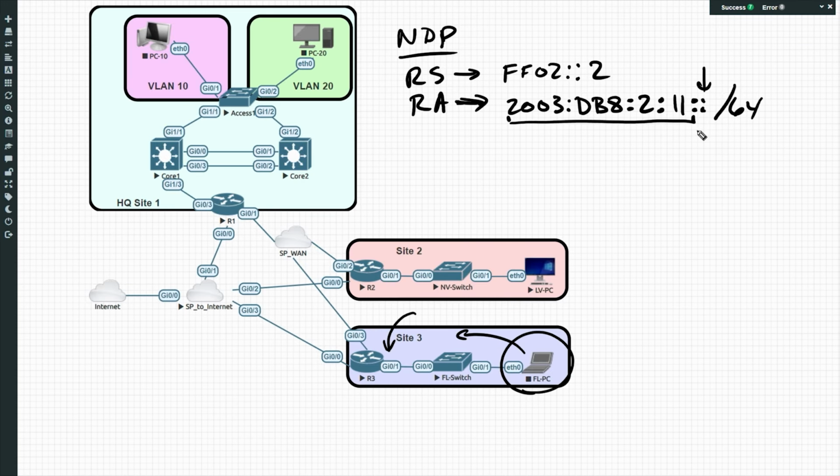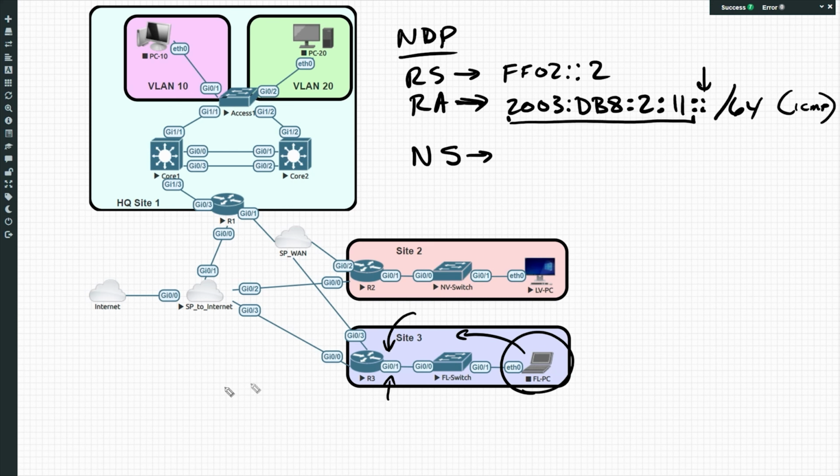And while we're talking about NDP, another feature that exists in the Neighbor Discovery Protocol is called a neighbor solicitation. And neighbor solicitations come in handy for a variety of reasons. One of them would be, let's imagine we have a computer that's up and running, and it needs to know the layer 2 address on an interface of another device on that same network. So perhaps R3 is our default gateway, and this PC wants to learn about that layer 2 address of its